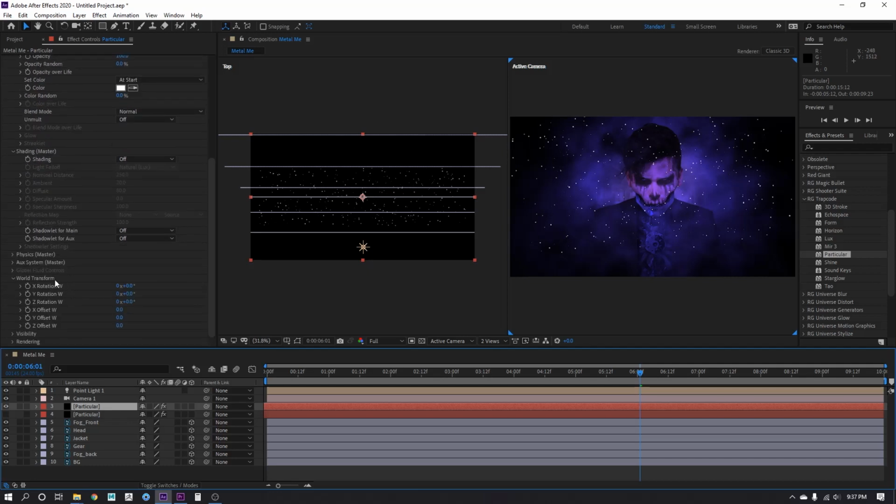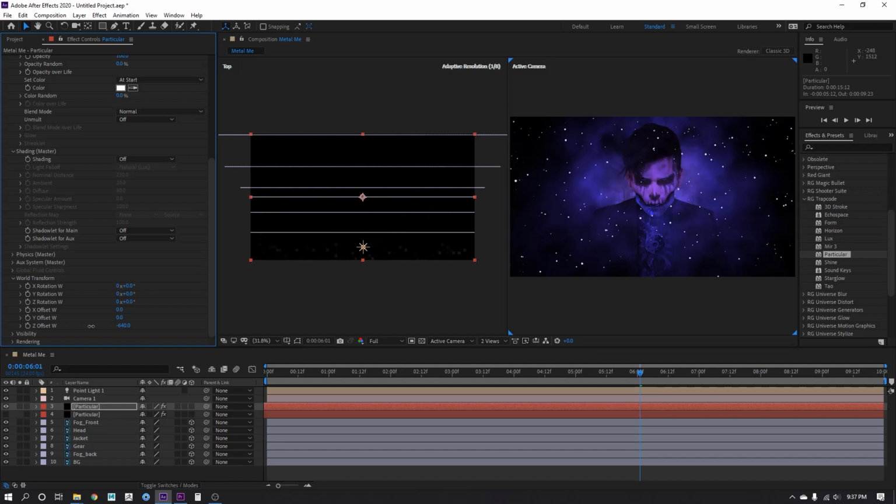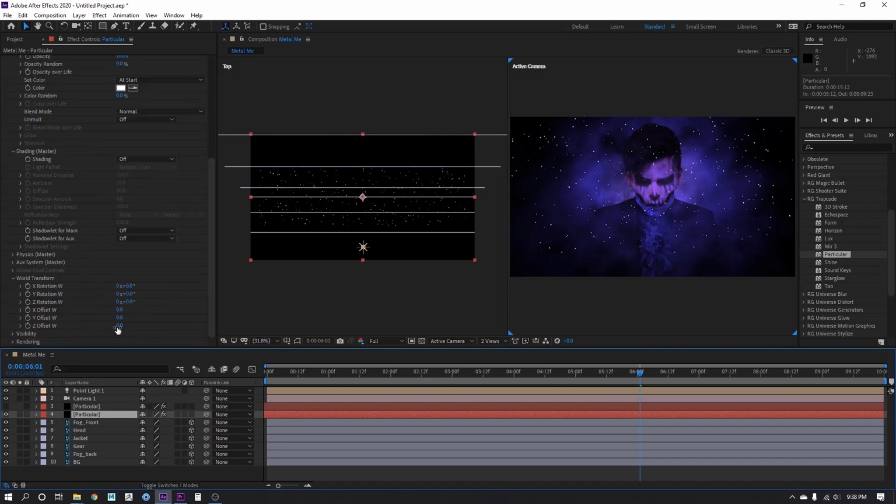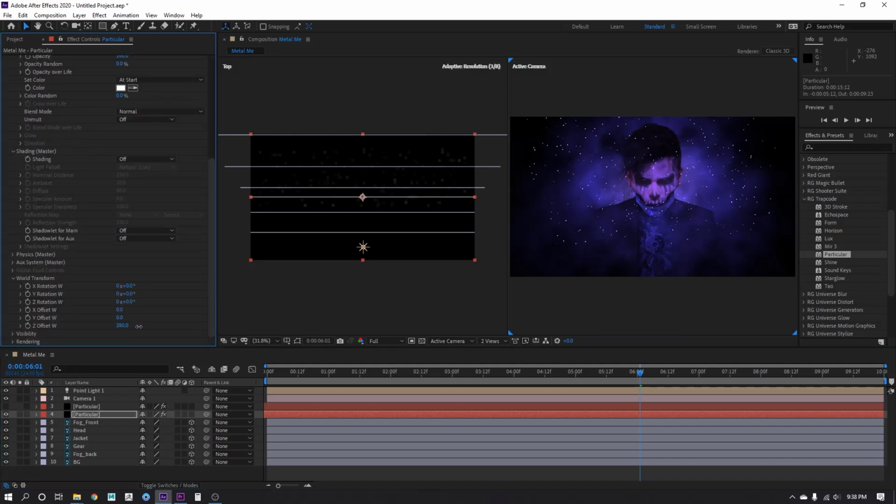And in the world transform, I'm going to move this forward in Z space, somewhere around there. And I'm going to hide that layer. I'm going to select the second one, and I'm going to do the opposite, which is move that back in Z space